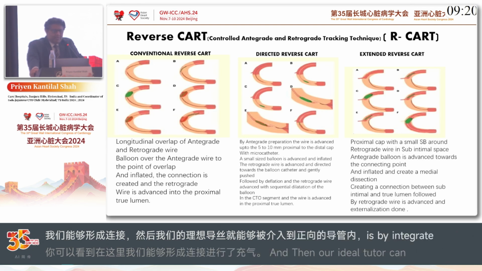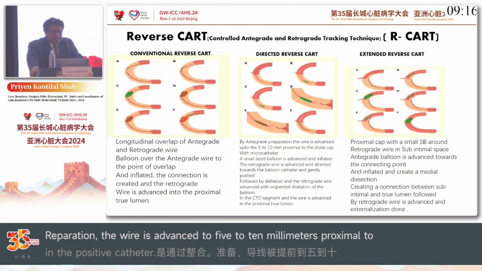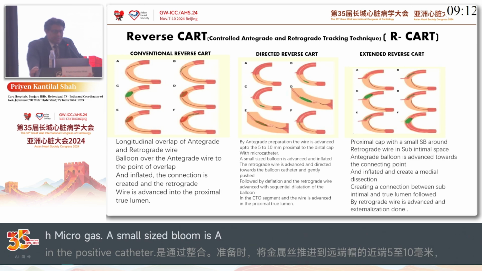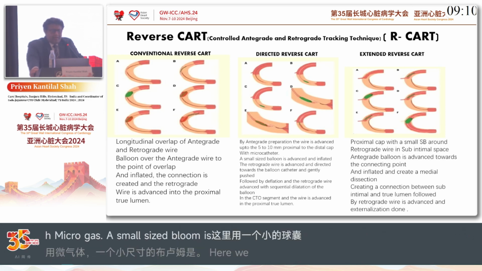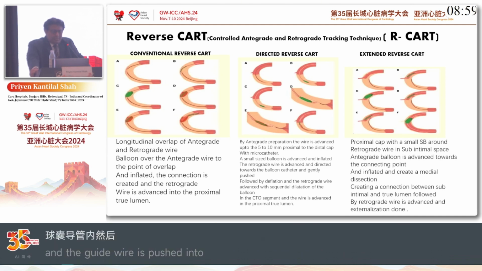The wire is advanced up to 5 to 10 millimeters proximal to the distal cap with a microcatheter. A small sized balloon is advanced and inflated. The retrograde wire is advanced, directed towards the balloon catheter and gently pushed, followed by deflation, and the retrograde wire is advanced with sequential dilatation of the balloon in the CTO segment, and the wire is advanced into the proximal